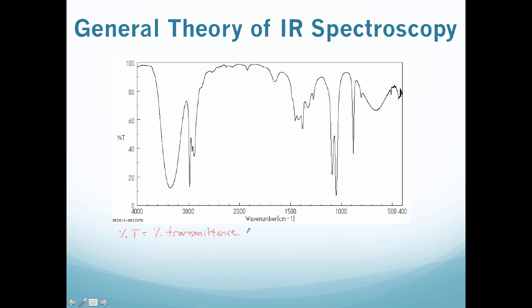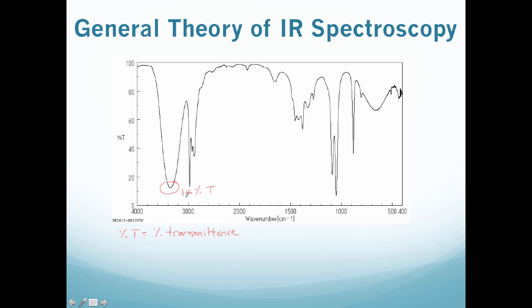Okay, and what that means is that's how much light is actually transmitted through the molecule. So we see this large signal here that only has about 10% T. That means only about 10% of the light got transmitted, but 90% got absorbed. So that's why this corresponds to a particular vibrational mode, because this is where energy was absorbed, resulting in very